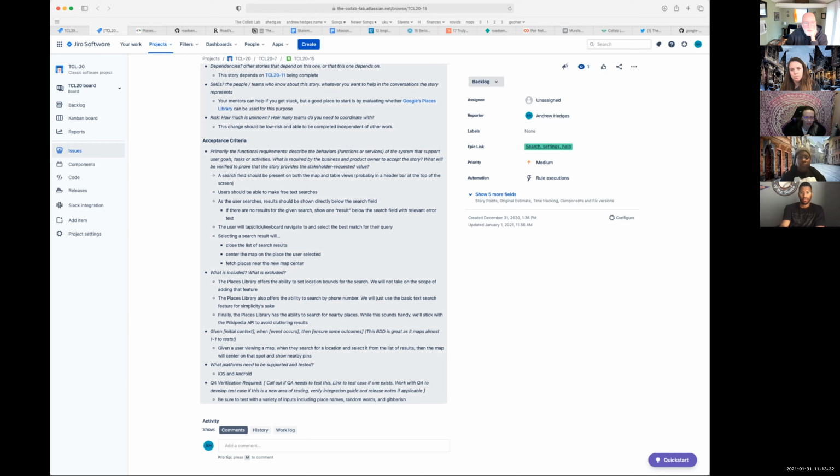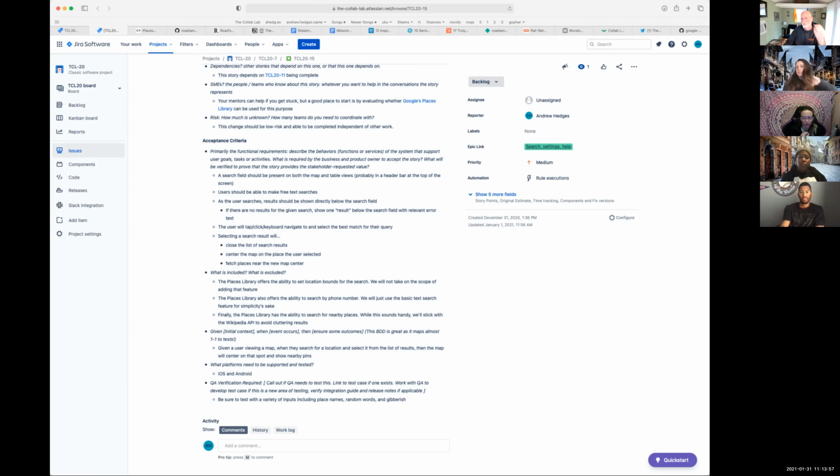Oh, I do mention, yeah, that location bias thing is out of scope. We're not going to do searching by a phone number. And you could also use that library to search for places, but for now, let's just stick with the Wikipedia API as our one source of places.